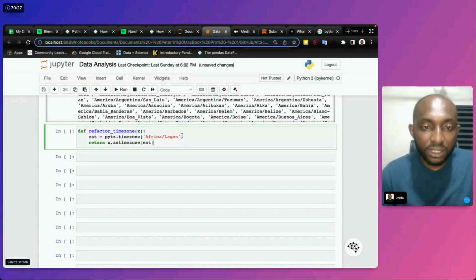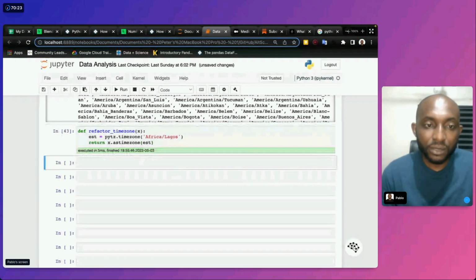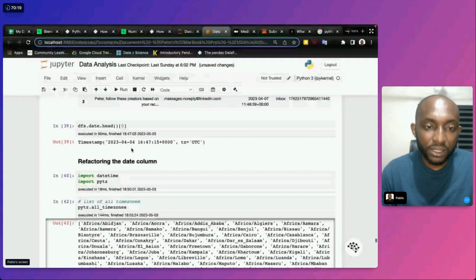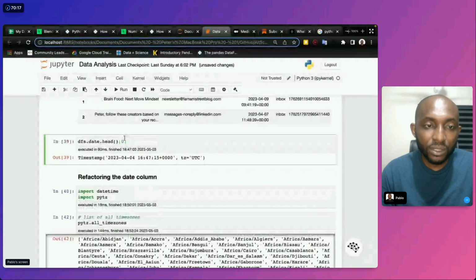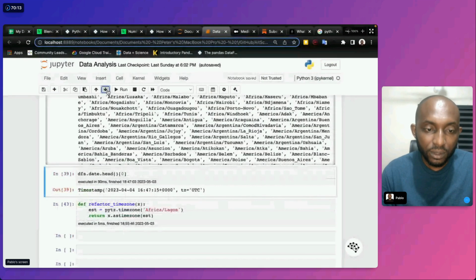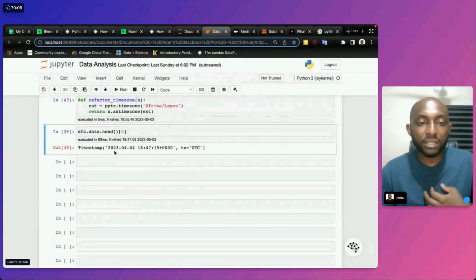So for me, it's going to return this. So I create this. Now I want us to look at this time zone here. Let me push it down. So I want us to look at this time zone here. Here, mine is